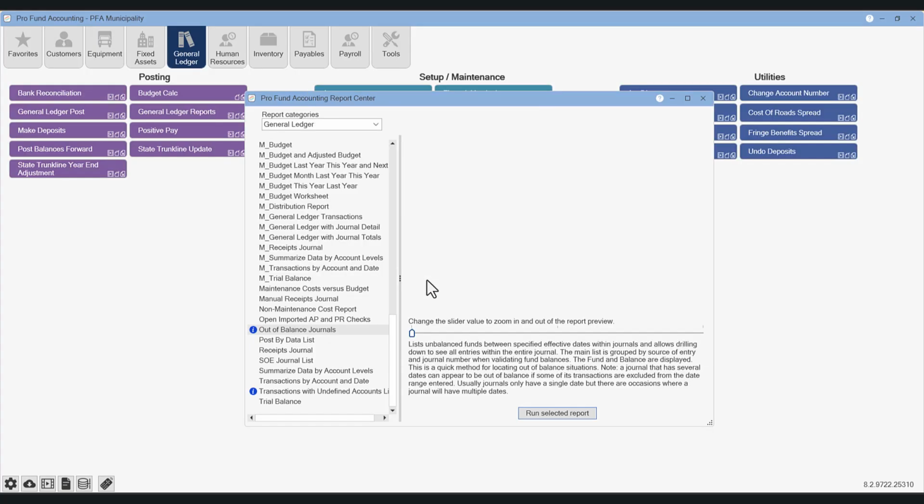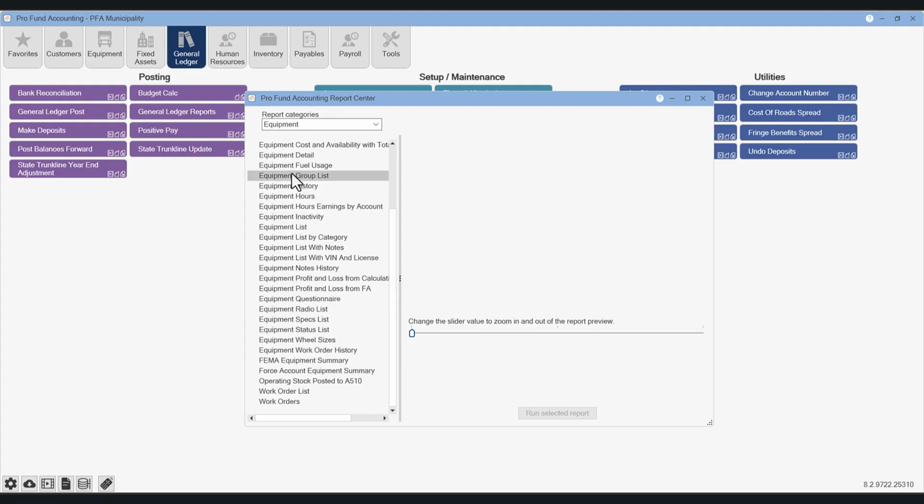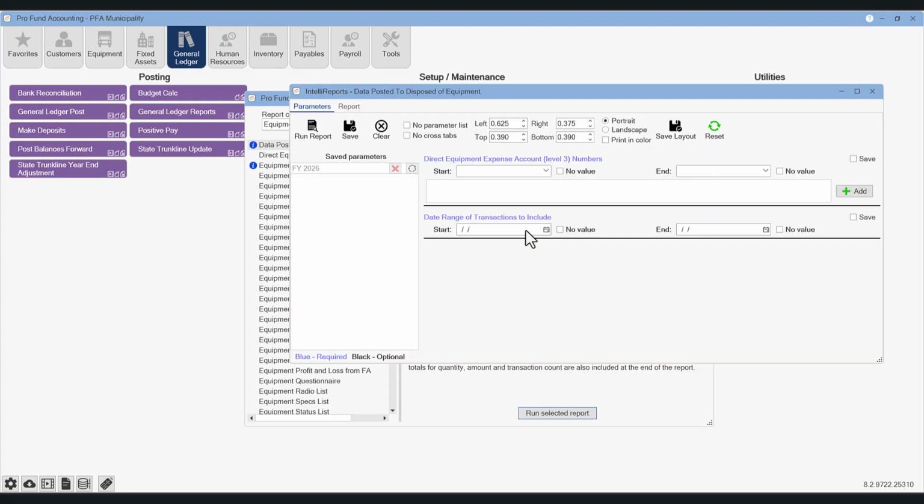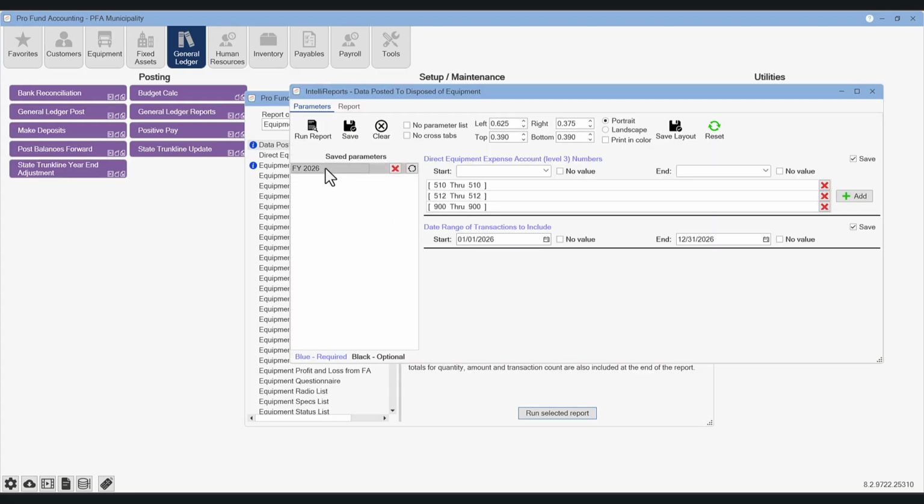The next one we have is data posted to disposed of equipment, and that one is in equipment. So we go to the top of equipment. Again, this one you should just run for your whole fiscal year. The first part is what level 3 numbers are we going to look at? So I look at 510, 512, and A9 and the 900s to see if there are any postings here to